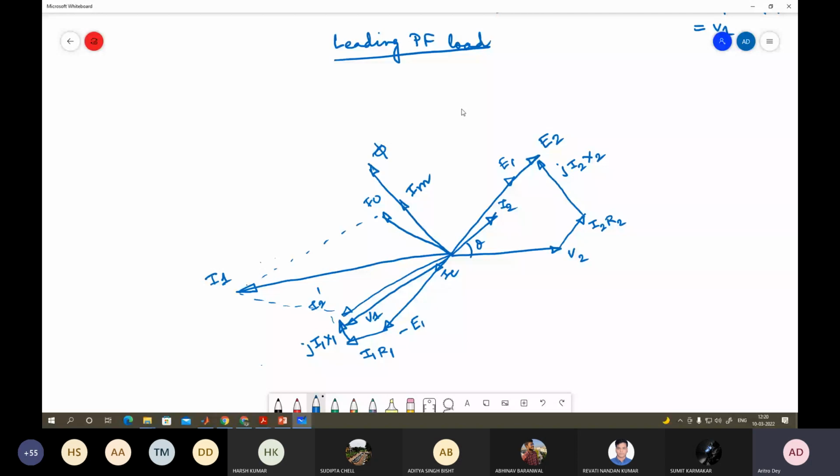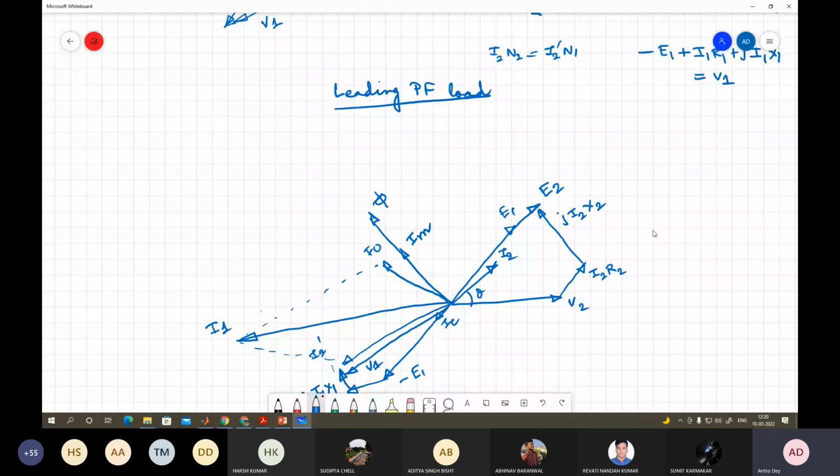And you also have to give the approximate sketch for this, because you won't be given the equivalent diagram, and from that you don't have to draw it. So this is what your phasor diagram looks like when you have a leading PF load, and here you have a lagging PF load. Okay,